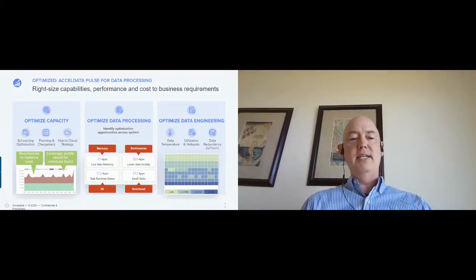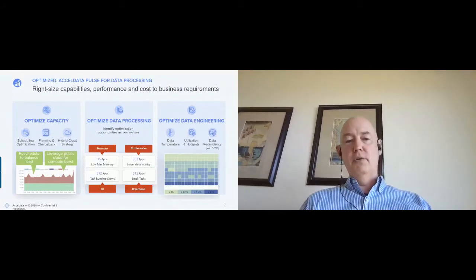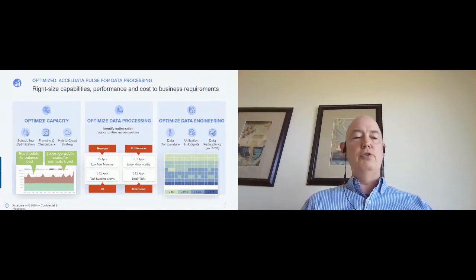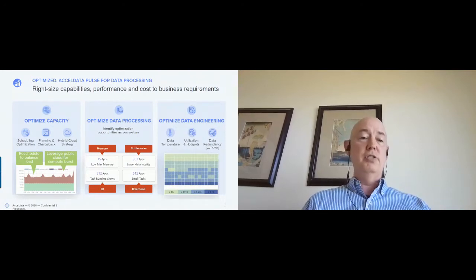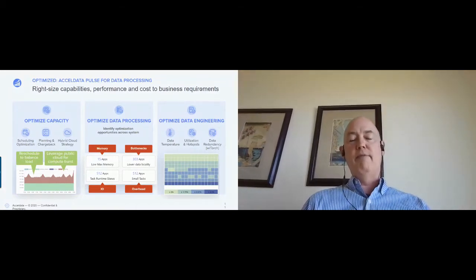The last aspect of data processing is really about efficiency. Now here the idea is being able to look across the entire environment and looking at things like capacity, scheduling, where you have bursty loads, things that help you determine when and where you should apply new solutions to balance load, to get the right hybrid strategy, understanding your planning and your chargeback, and all of those sorts of aspects are informed by this high-level entire view of your environment.